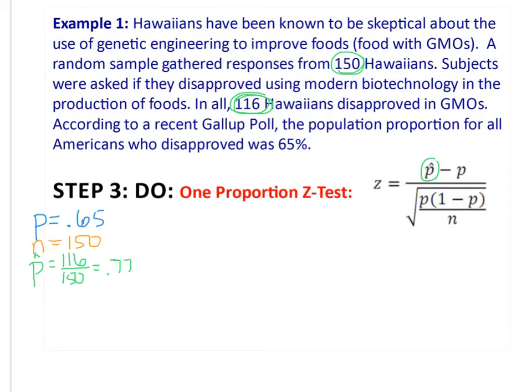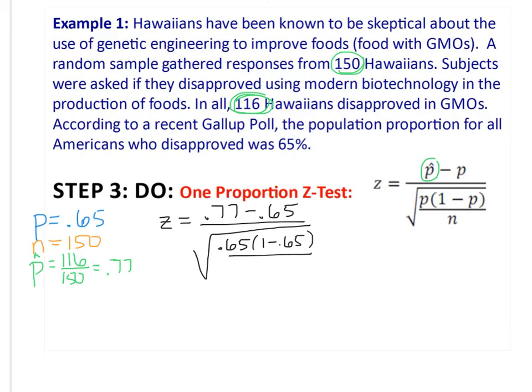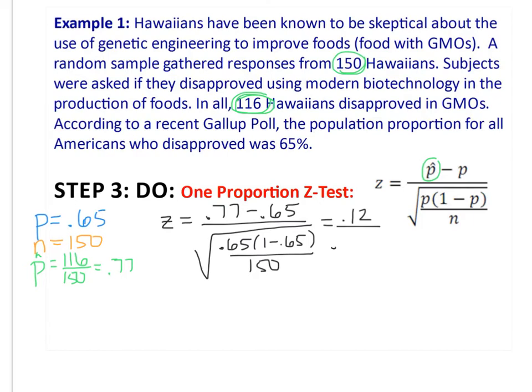So I have p hat, n, and p. When I plug those into my critical value formula, I get z equals 0.77 minus 0.65 over the square root of 0.65 times 1 minus 0.65 over 150. So make sure that in the denominator you use p, or you use the claim value, not p hat. Well, when I do that arithmetic, I'm going to get 0.12 divided by 0.0389. And when I do that arithmetic, I get that z equals